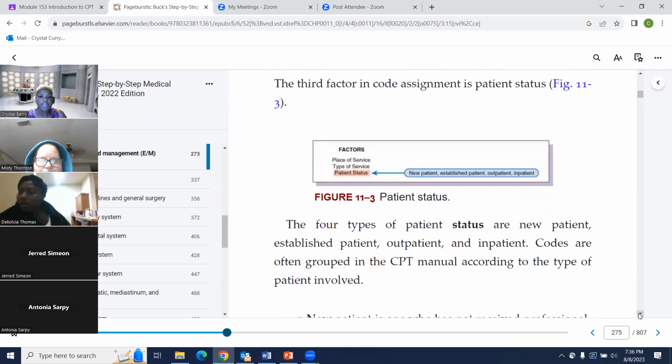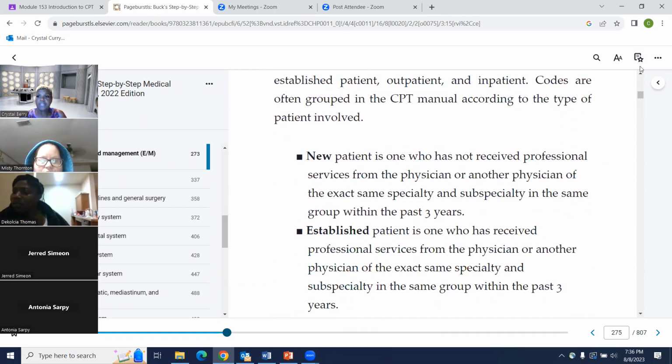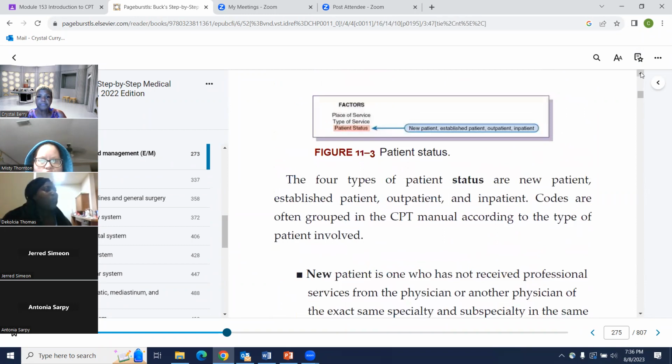So once you do that, you have the 4 types of patient status: new patient, established patient, outpatient, and inpatient. Codes are often grouped in the CPT manual according to the type of patient involved.